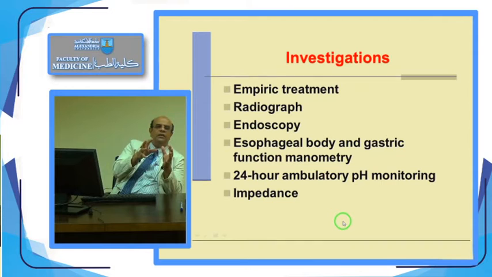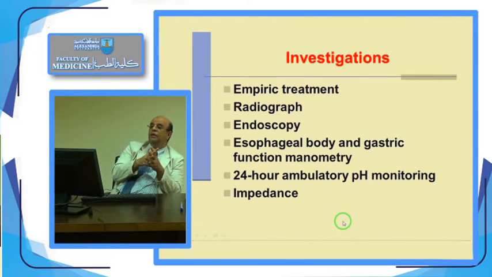To investigate this region, mostly we have the empiric treatment for gastroesophageal reflux to know if it will give a good symptom relief or not, radiography in the form of barium swallow and barium meal, endoscopy to see the anatomy of the gastroesophageal region, junction, and to see the Z-line, to see if there is esophagitis or there is ulceration, if there is a hiatus hernia, and